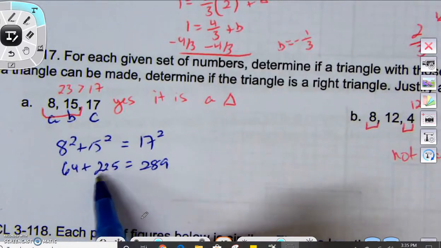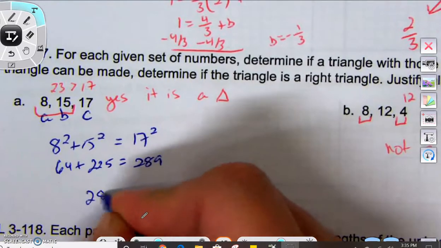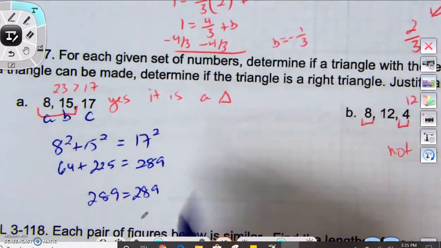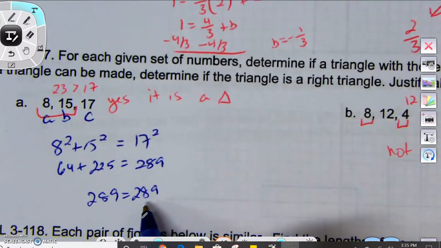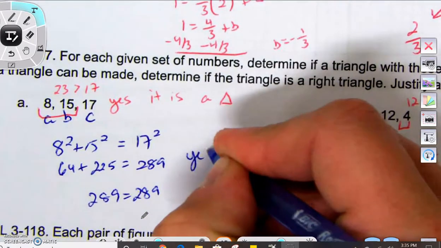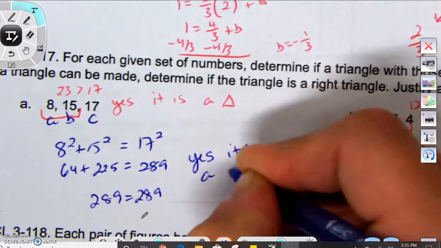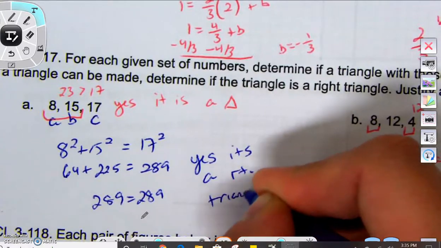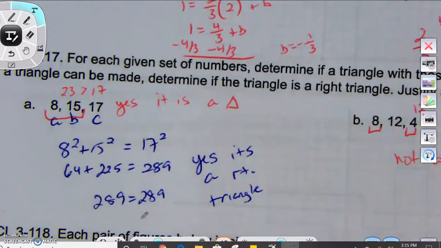So if I add those two things up, we actually do end up with 289 equals 289. So because our Pythagorean theorem is true, that means that we are going to have a right triangle as well. So we can say, yes, it's a right triangle too. If it doesn't work, if we get like 125,